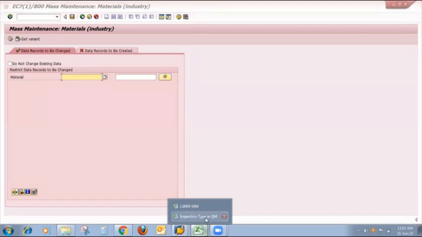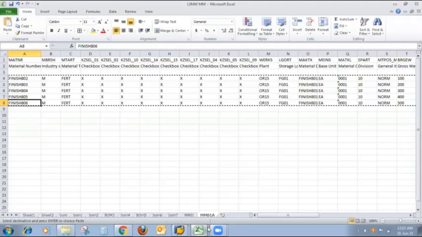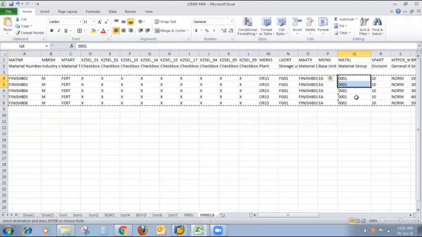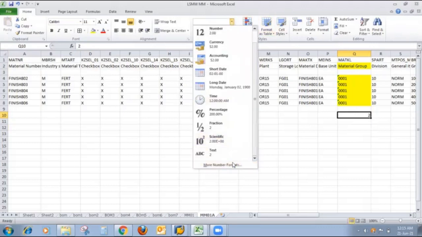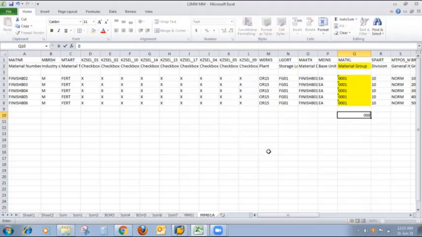Currently my material group for all materials is 3 times 01. Here is my material group field. So for that material, my material group is 3 times 01. Now I want to change it to 3 times 02. So how do I change it? With the help of T code MASS.